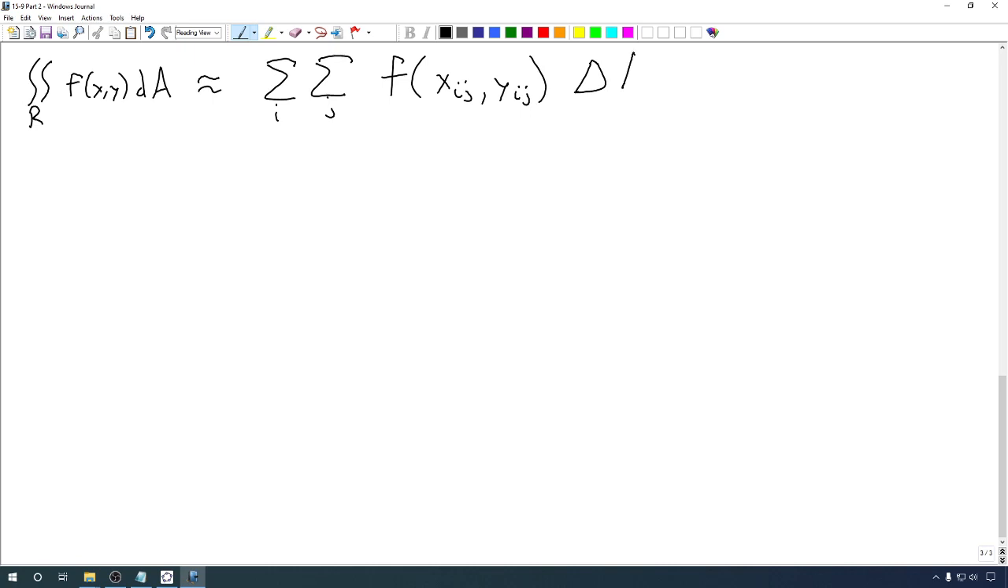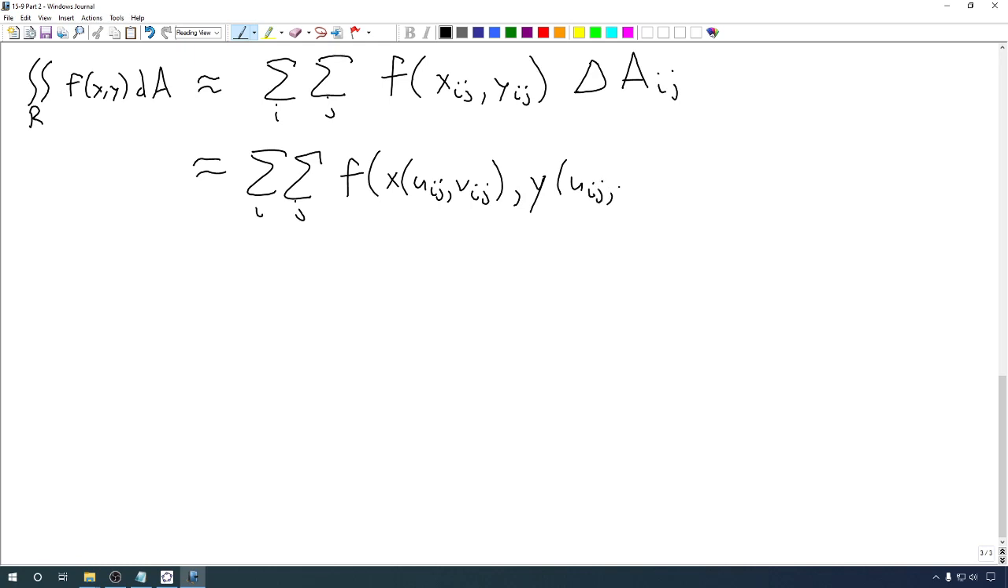We have some delta a's. We can even say delta aij's. We approximate this thing using our transformation. So we're still summing over i's and j's, where we have f of our new variables. So instead of x here, we put x at the sample point where we have u and v, and then y with our sample point for u and v. So that's just a matter of plugging in our formulas for x and y in terms of u and v